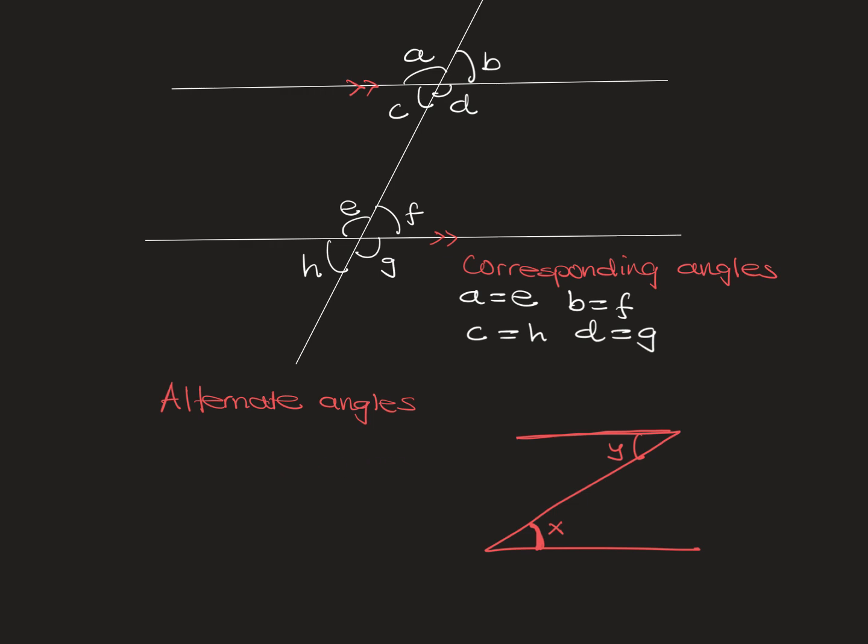Similarly, if I have it this way, this angle, let's call it A, this angle, let's call it B, they are alternate angles. So the Z shape that you see is applicable for alternate angles, all right? So if we should go back to our diagram,